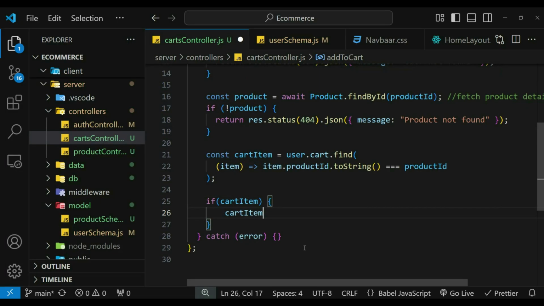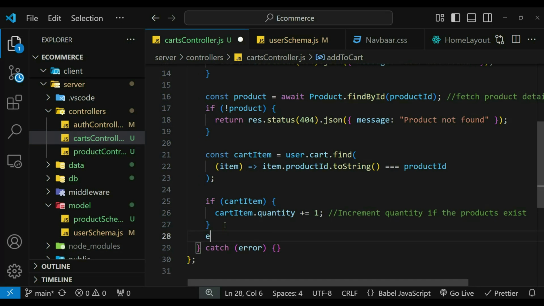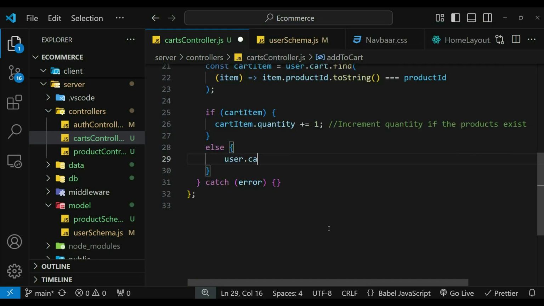And if the product exists, we will increment the quantity of that product by 1. If the product with the given product ID is not found in the user's cart, user.cart.push adds a new item in the cart array